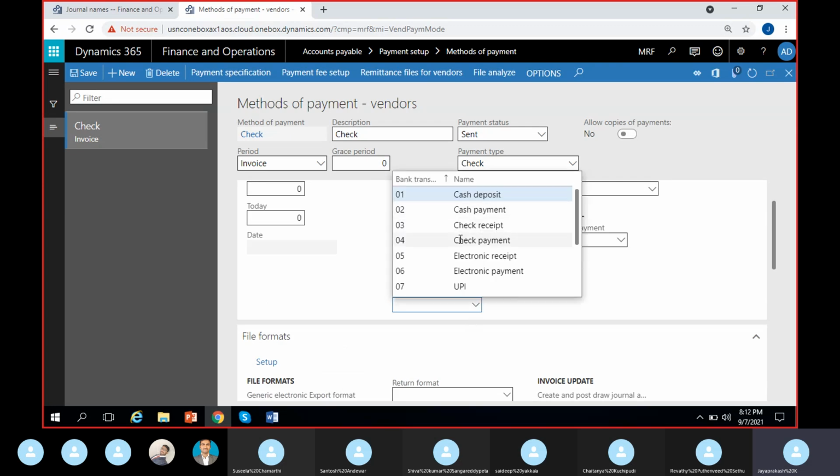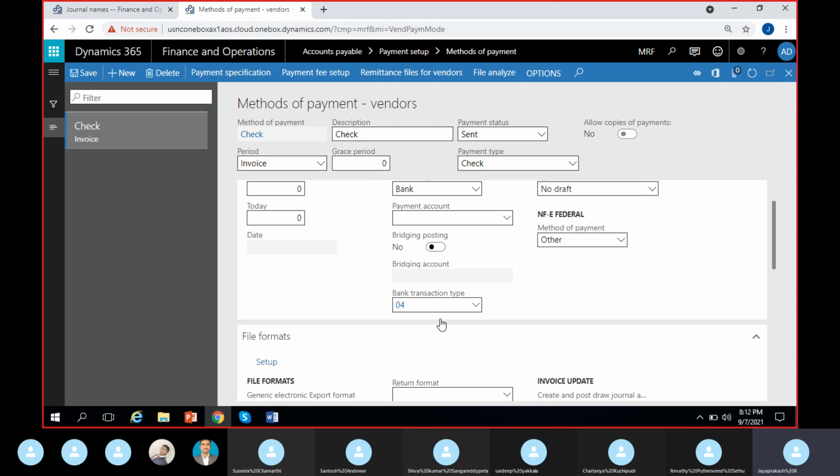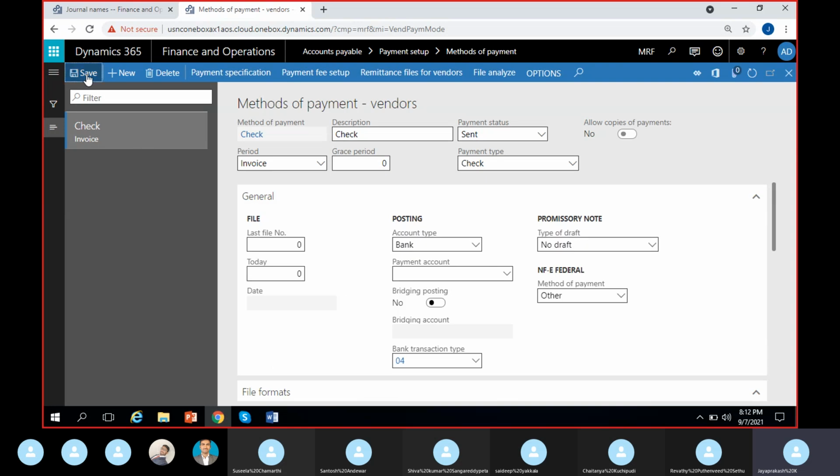This is a check payment, right? So we can give bank transaction type as 04 for this method of payment. Since we use it, system will automatically pick bank transaction type as check payment. So I'll save this. This is how we can design a method of payment as check, and we can give